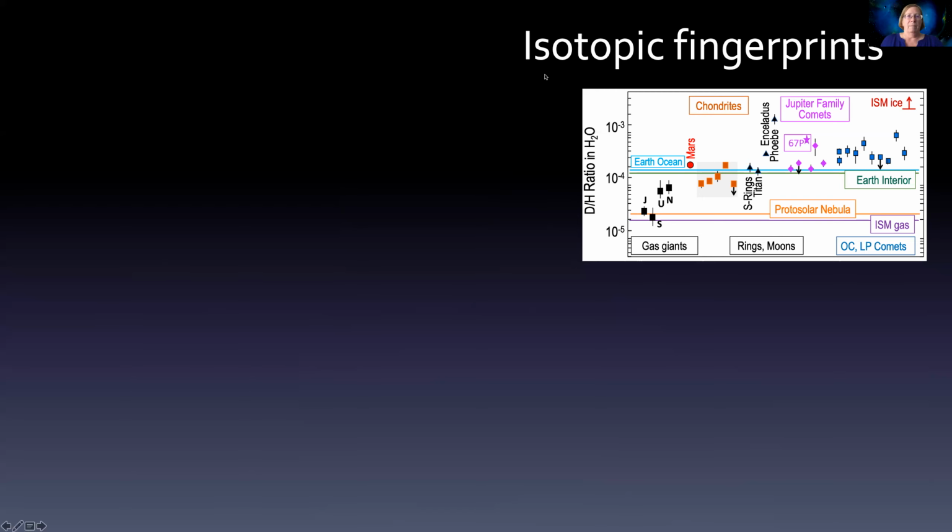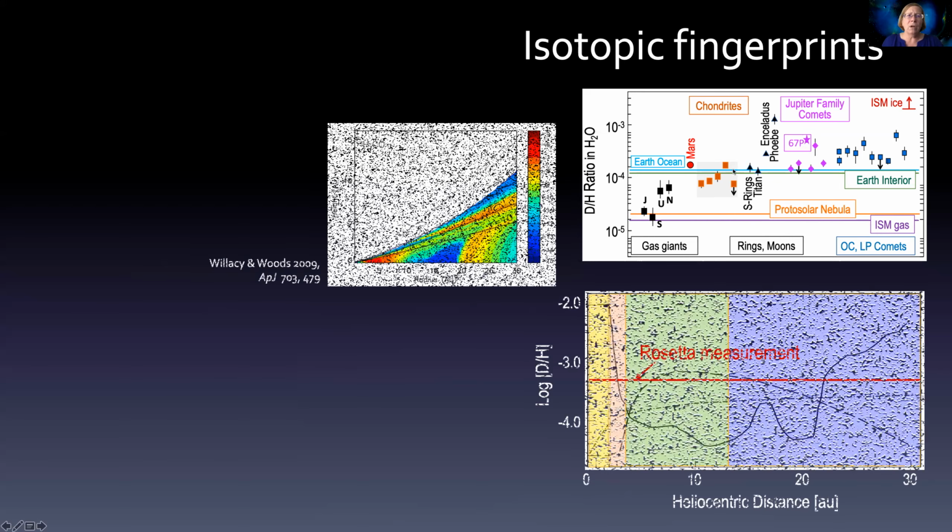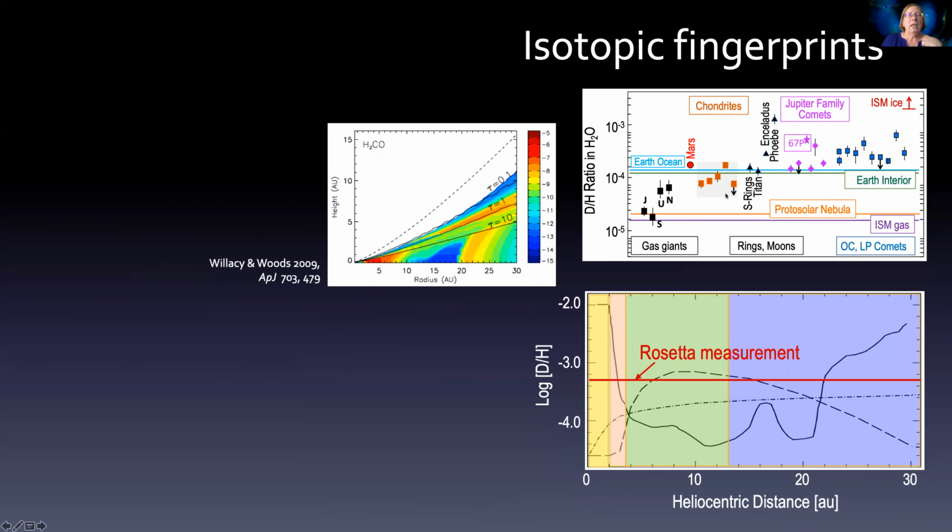Then the Rosetta mission comes along, and the measurement of this short period comet was one of the highest in D to H. So people threw up their hands and said, we don't know, this isn't giving us a good signal, and comets didn't bring in Earth ocean water. Well, certainly these did not, because they still exist. So what's going on? Well, if we take a detailed look at one of the disk chemistry models,